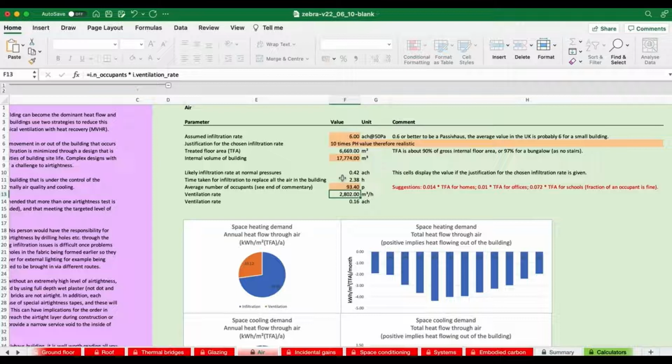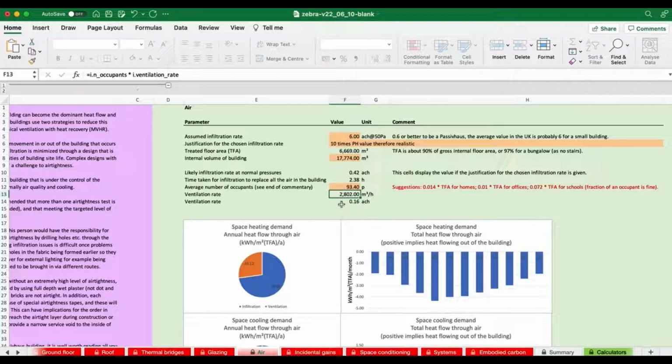Okay, and you may know that the density of air is about 1 kilogram per cubic meter. So that's every 2.38 hours, 17,000 kilograms or 17 tons, because that's the volume of the inside of the building, of air will have to be cooled down if we've got cooling running. So this is actually quite a drain on the cooling system.